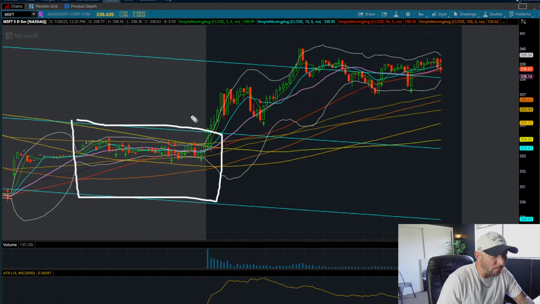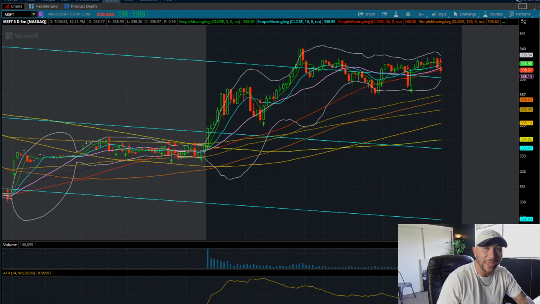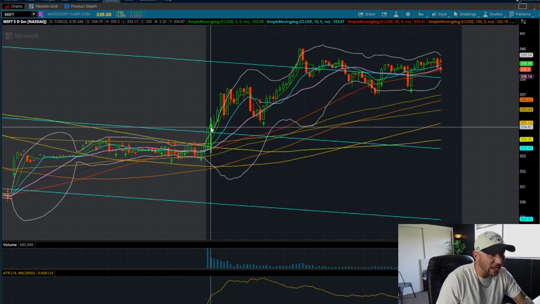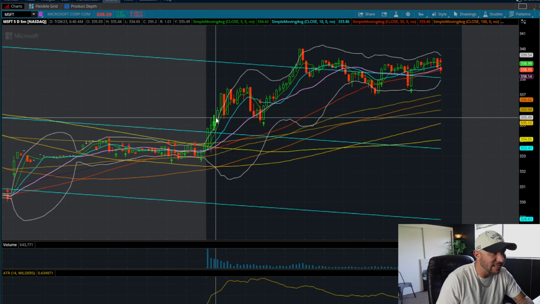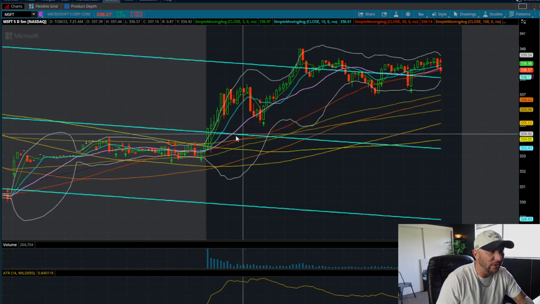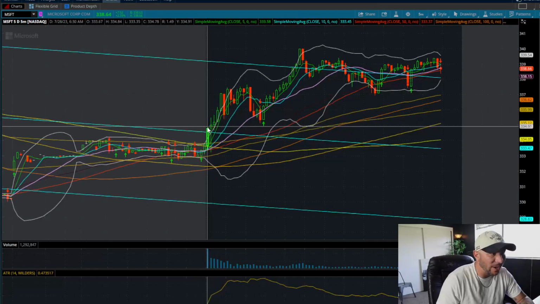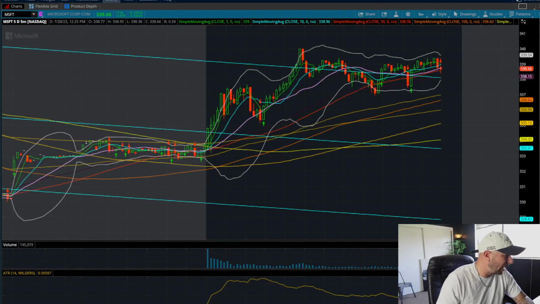If we break into the next channel, which is all of this, do you think we've got some room to run? Hell yeah, I do. So immediately, what am I going to do? I'm going to let this 5-minute candle confirm. The price is 334.87. The next candle pushed up to around 335. Hell of an entry here. If I can break this channel and close above it, I'm going to treat this linear regression as a 20 play.